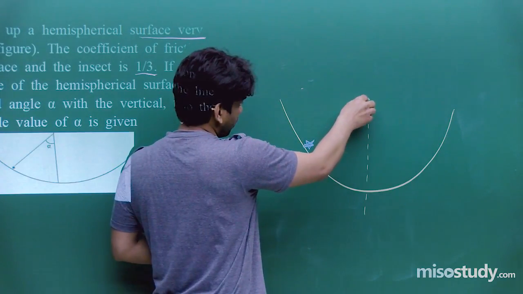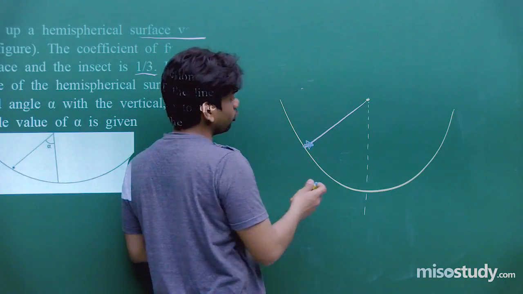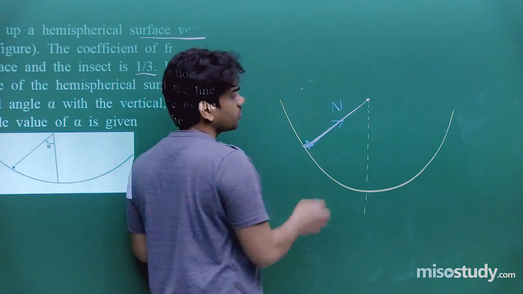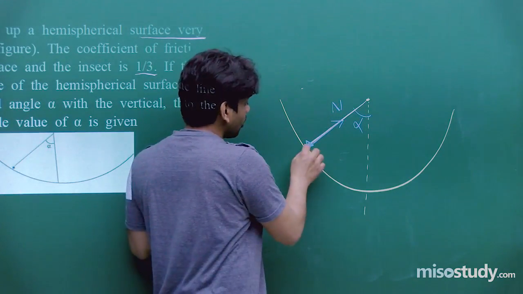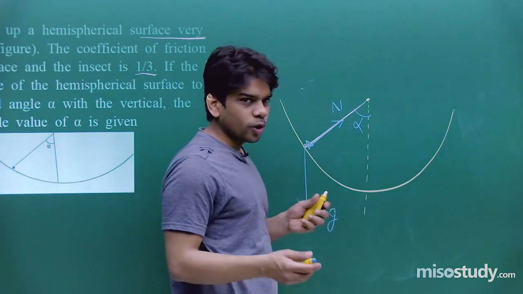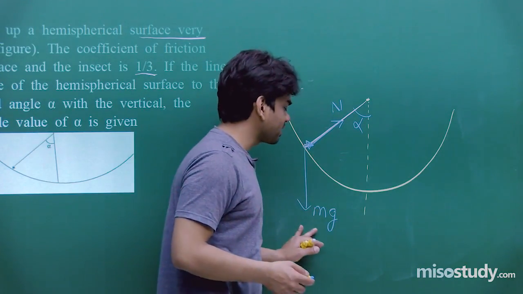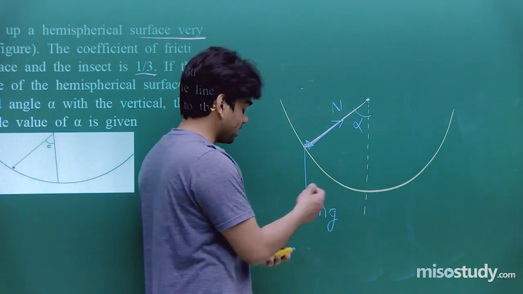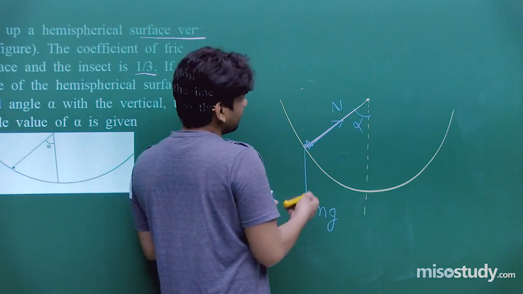And let me join this line. Now see the forces that will be acting. One will be normal, quite clear. This is alpha, quite clear to us. Now mg is acting along the downward direction. Mg, quite obvious, that is the weight of the insect. Its mass we have taken as m, and its g we have multiplied to note that its weight is acting along this direction. Now you see here, this angle alpha,